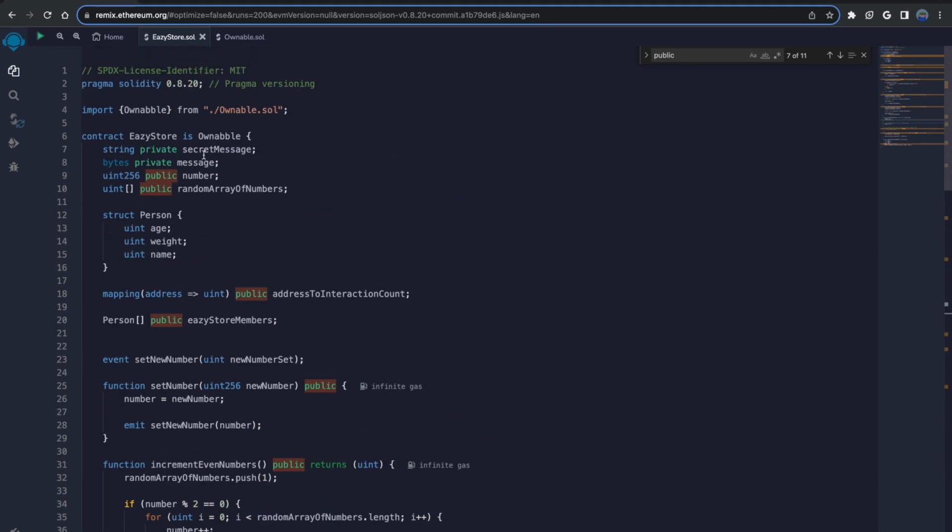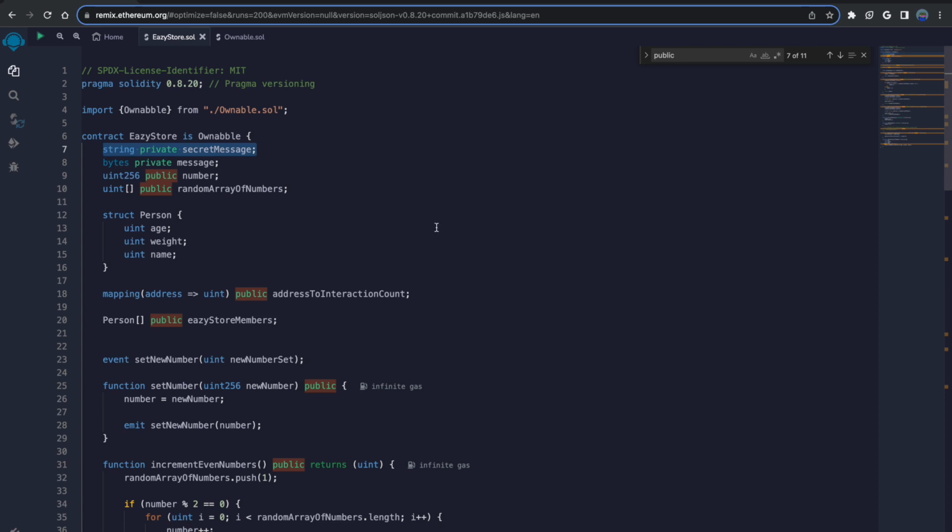Now, I don't want to confuse people into thinking that if something is private in a contract, you could never see it. Blockchains are open. They are decentralized. You can see the storage of a contract, right? So if I were to put a secret message and store this, and I'm putting the visibility modifier private, this does not mean this message is private.